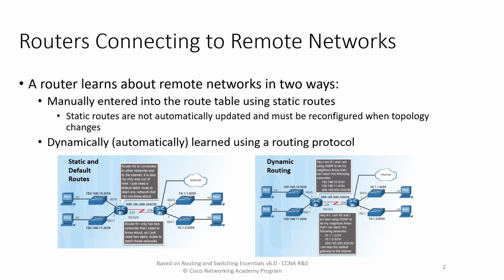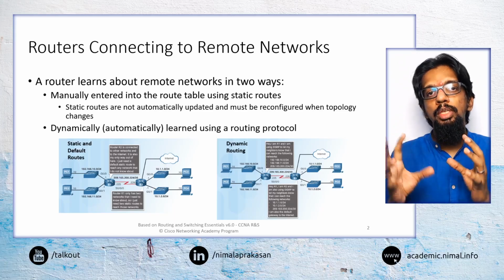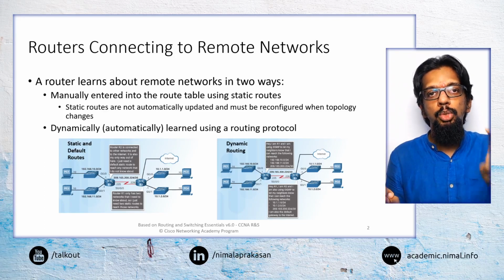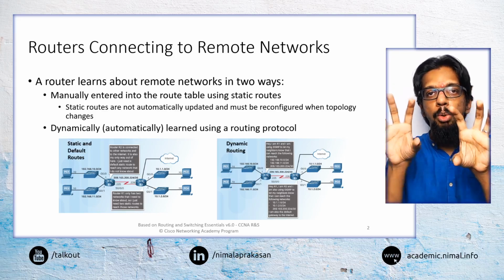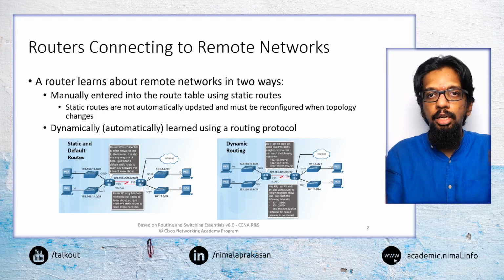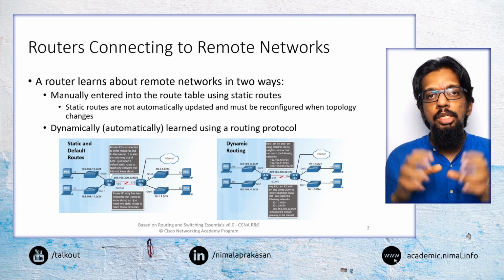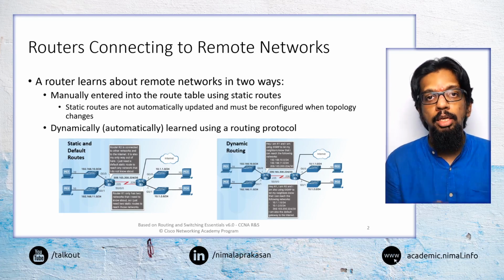So when we say routing in general, it is all about how different routers are going to learn about different networks so that they are able to send traffic from one router to the other. Say a particular network is connected to a router and another network is connected to another router. How are these two routers going to learn about these different networks so that they can forward traffic across these networks? That is basically what we do by routing.